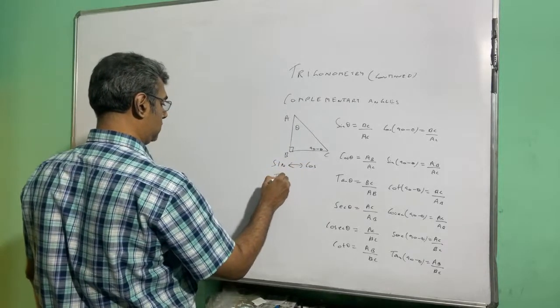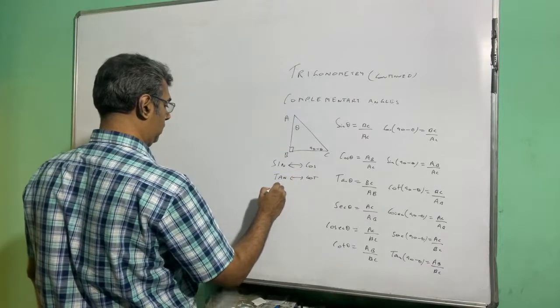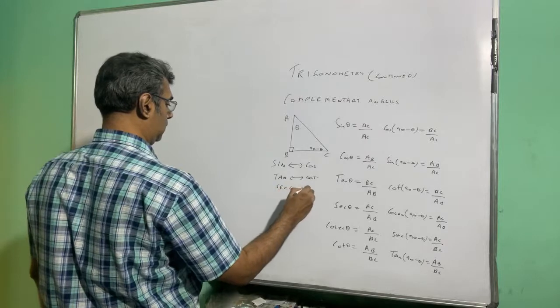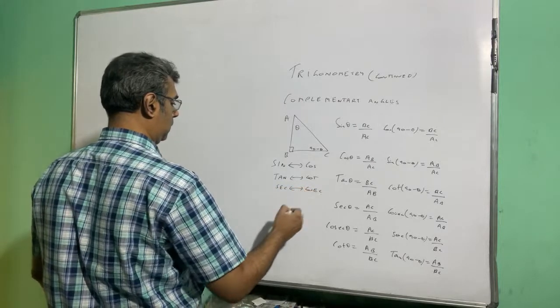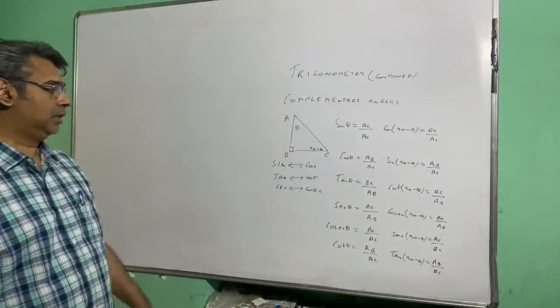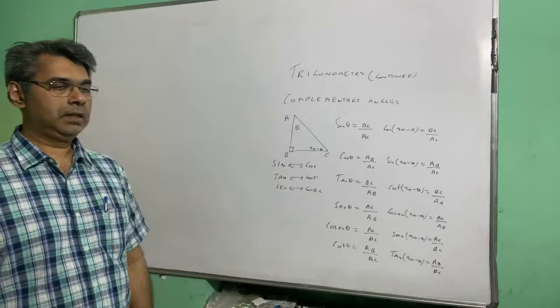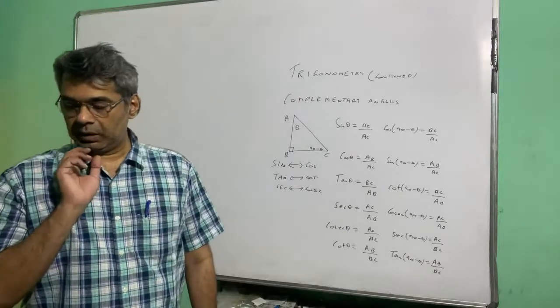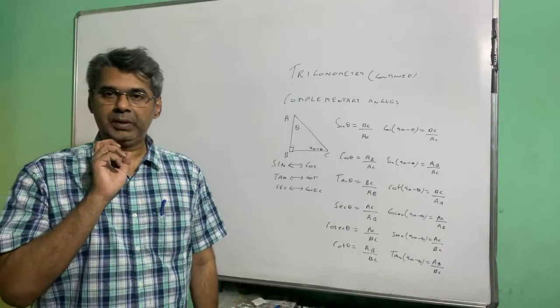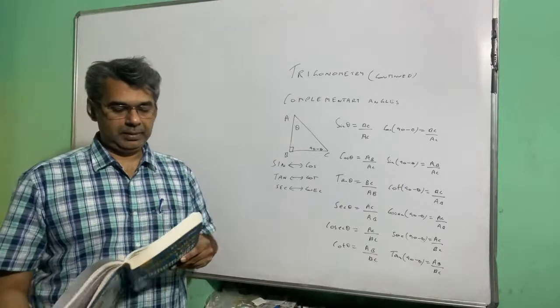So the complementary relation is between sine cos, between tan cot, and between sec cosec. So the complementary relation is between sine cos, between tan cot and between sec cosec. So these are the three pairs having complementary relation, right? So based on complementary relation,